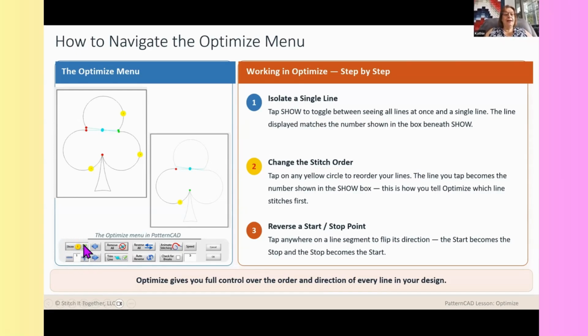It says show in it, and by default, it will have a check mark in it. When the check mark is in it, it is going to show you all of your lines, just like this box is showing you right here. So it will show you all of your line segments. So if you have a lot of these lines, you may even be confused as to which line is which. You may have so many of them that you don't know which one is stitching out first and where that